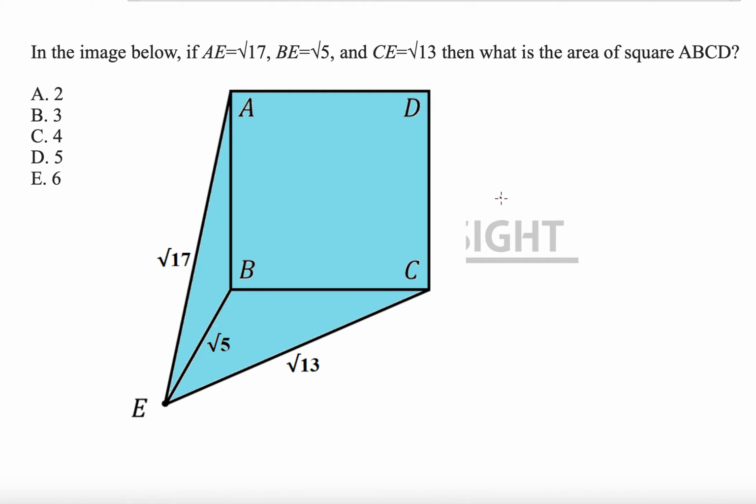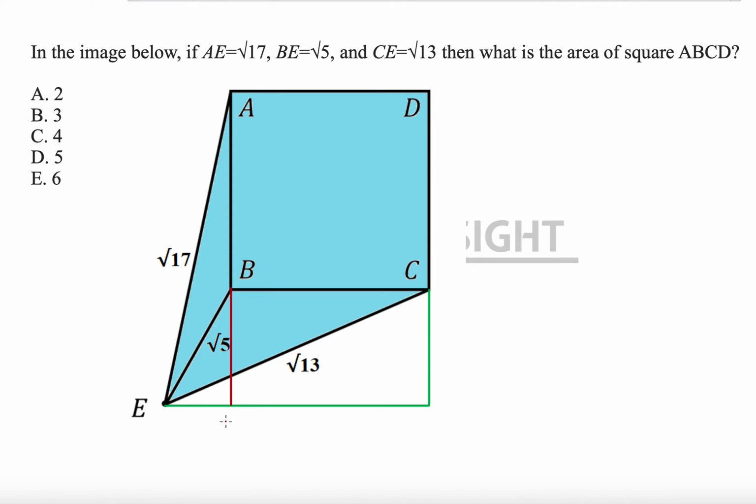In order to do that, once again we have to make several constructions in which the side of the square has some role to play. We can see this root 13 and root 5 are at some inclination from point E. So if we drop the perpendicular from BC and draw a line parallel to AC, AD or BC, then we will have a few right triangles in which root 5 and root 13 will serve the purpose of hypotenuse. So let's make a few constructions like this here.